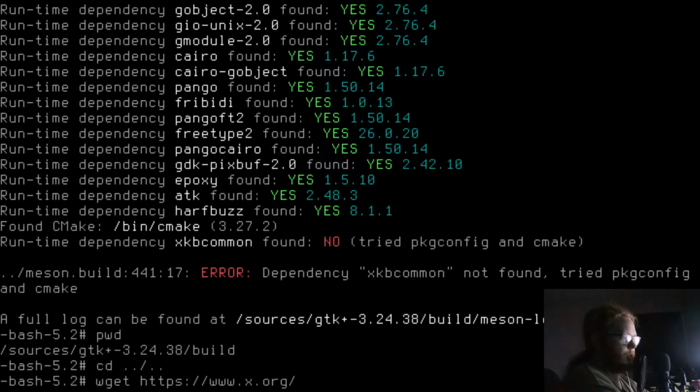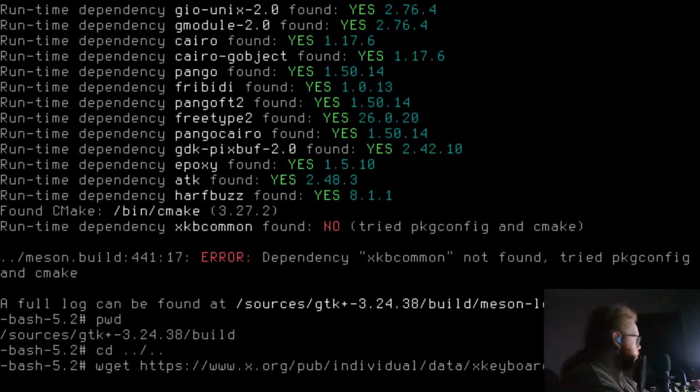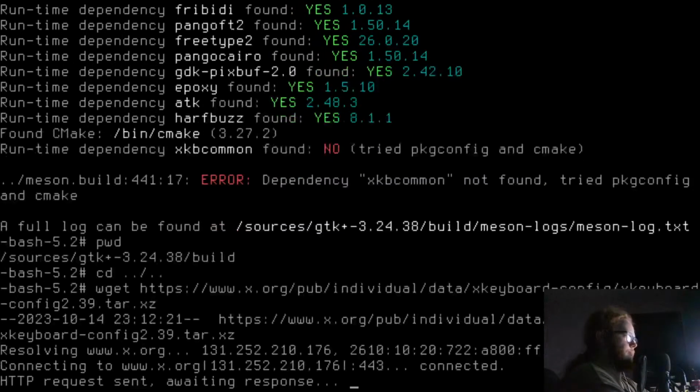That's one thing Elon Musk will never be able to get a hold of. /pub/individual/data/xkeyboard-config/xkeyboard-config-2.39.tar.xz.